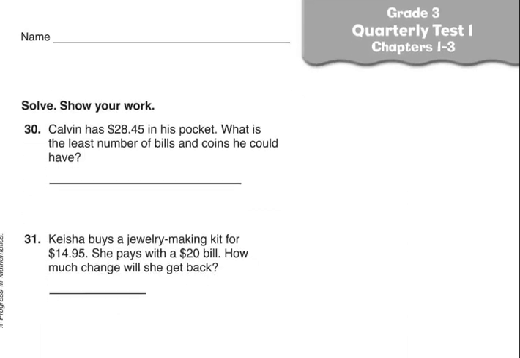Okay, now for problem solving I will do this problem for you, which is number 30. Calvin has $28.45 in his pocket. What is the least number of bills and coins he could have? So here Calvin has